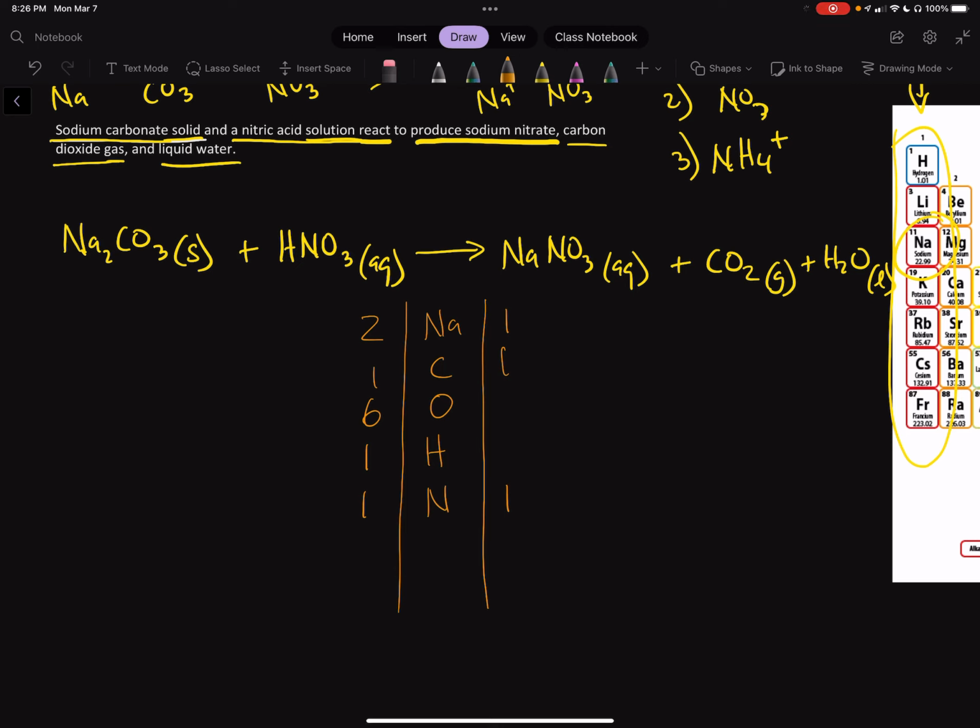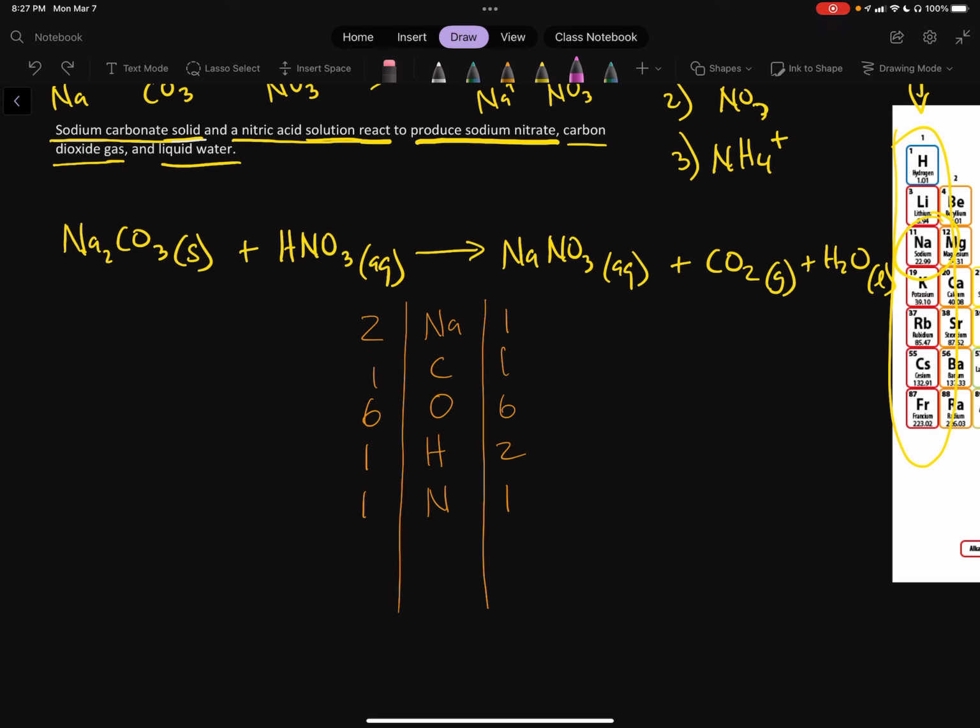Oxygen, I have 6, and hydrogen, I have 2. Okay, so it's not balanced already, so there is some work to be done. What I usually do is look for what I consider the rarest element. Hydrogen appears a lot, oxygen's pretty common, carbon's pretty common, but sodium, we don't see too often. So my strategy would be: what can I do to fix the sodium and bring that